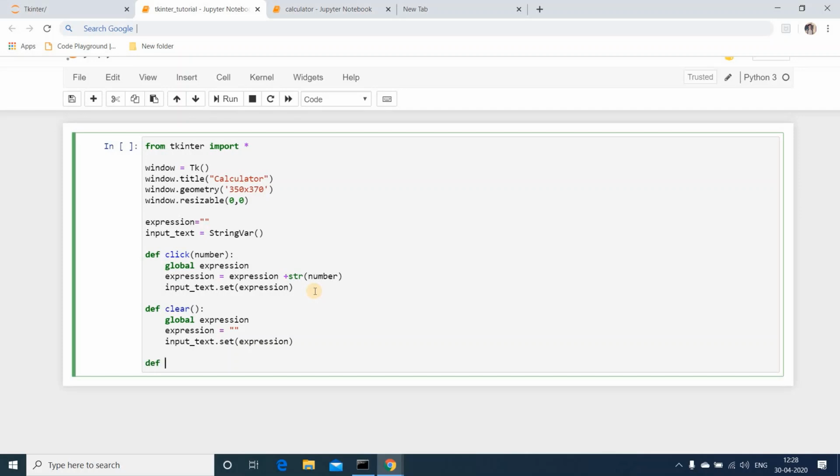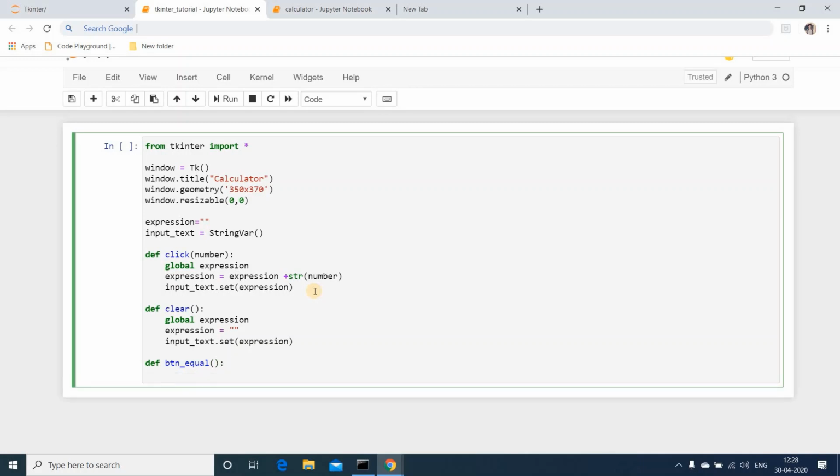Then I'll create another function, button equal. Whenever a user presses the equals button, this function will be called. This will perform the operations.